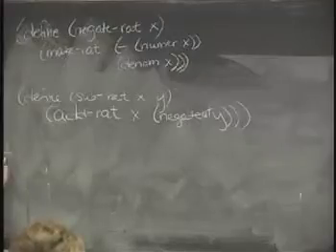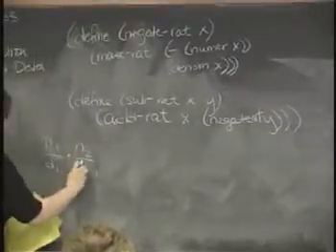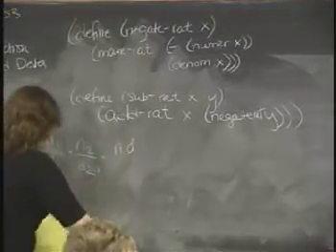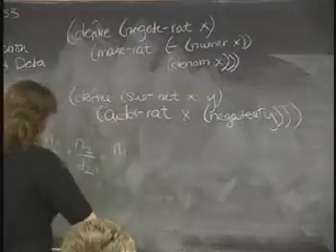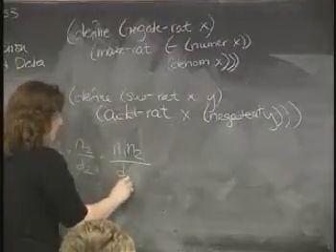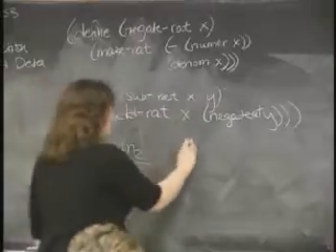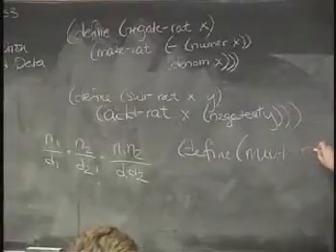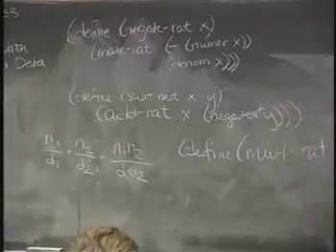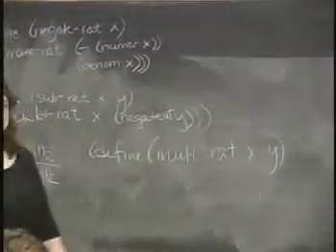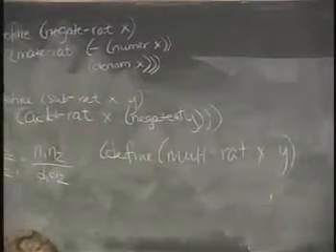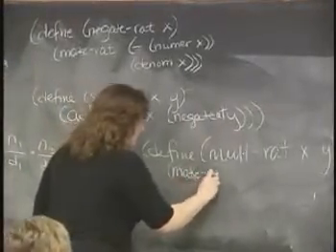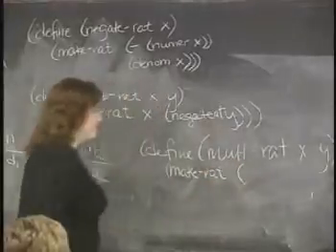So n1 d1 times n2 d2 equals n1 n2 over d1 d2. Define mult rat of x and y. Okay, what are we going to do here? All right, we're going to make a rat. We're going to return a rational number made up of two pieces. The first piece is,